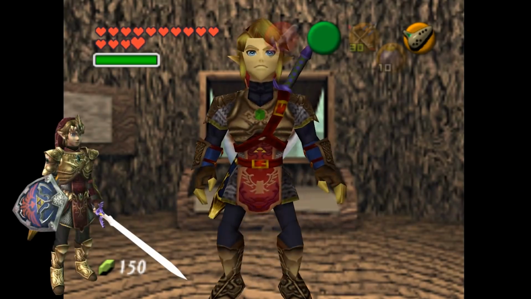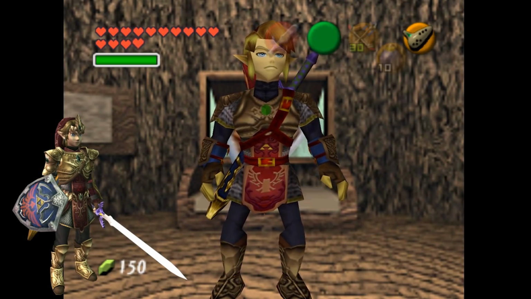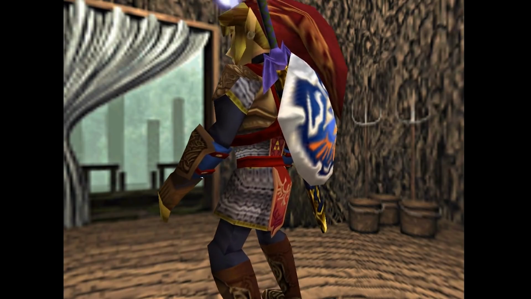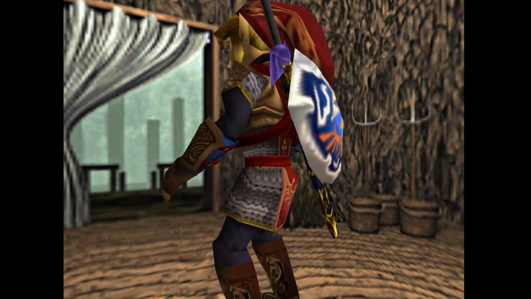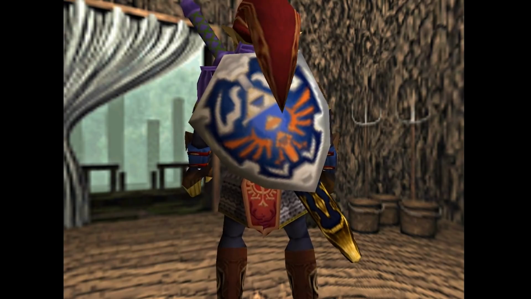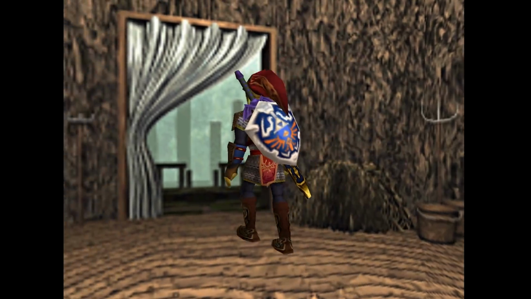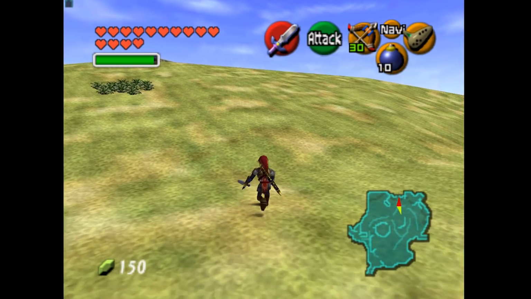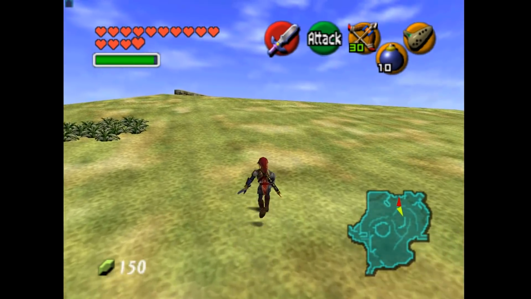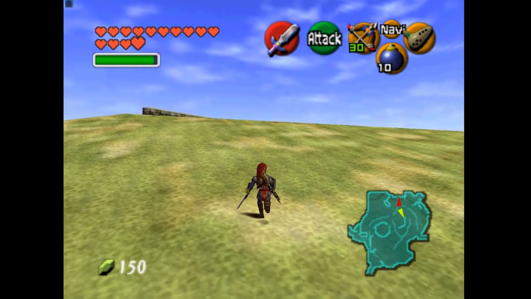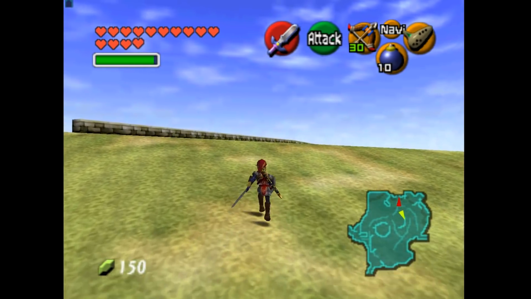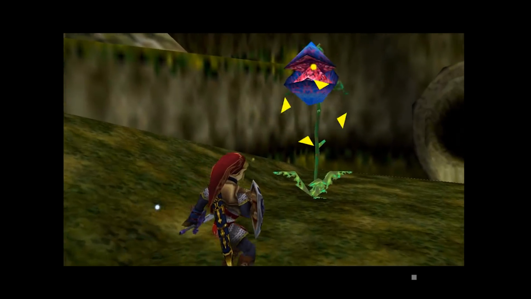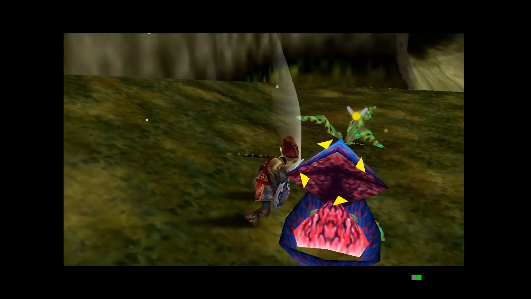It's the Magic Armor. If you remember from Twilight Princess, the Magic Armor gives you invulnerability, but it costs you a ton of money. It's like 2 rupees per step or something to that effect. Now, in this mod, it doesn't make you invulnerable, and it doesn't cost you rupees. But it does look awesome, and like the Twilight Princess tunic will replace the regular green tunic, ideally, this will replace the red tunic if finished. It looks especially good on an emulator. You can really get in there and see the detail, which is really nice.